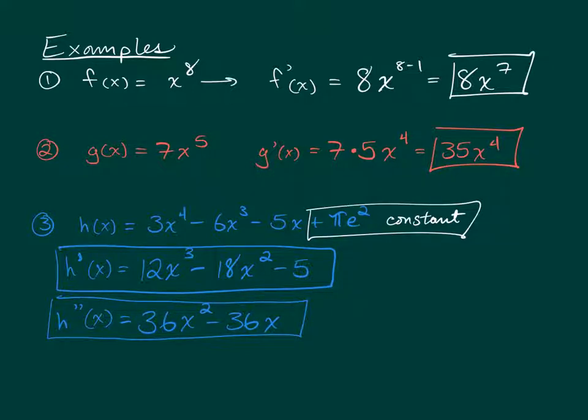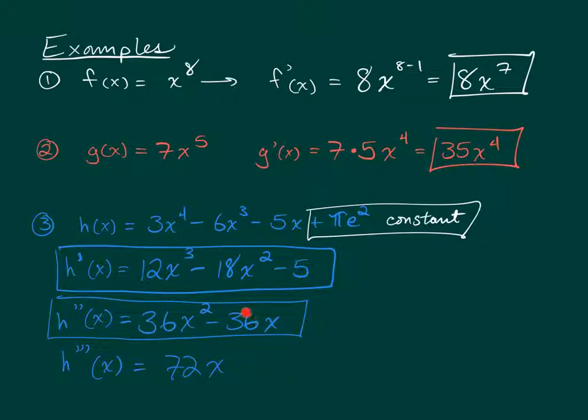And one more for good measure. Let's find the third derivative here, h triple prime of x. This will be the last one we do for this example. Again, you can take that exponent, multiply it to the coefficient out front. 2 times 36 is 72. Subtract 1 from the exponent. In this case,